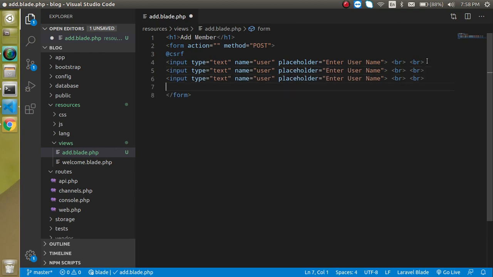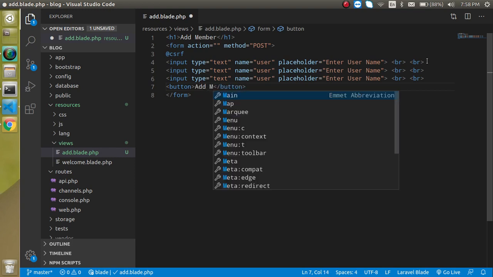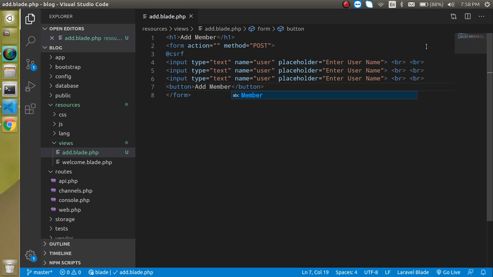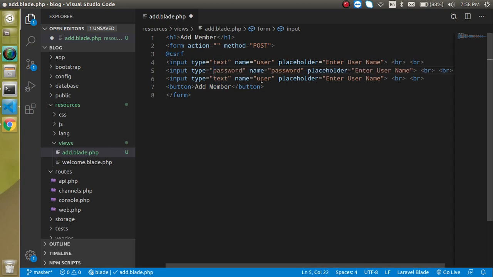So let's make 3 inputs and an add member button, right? And now let's put a different name like password, and the type will again be password. And now we can put here email, right? And let's change the text also. Enter user password, enter your email, right?